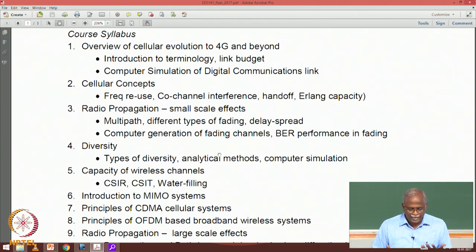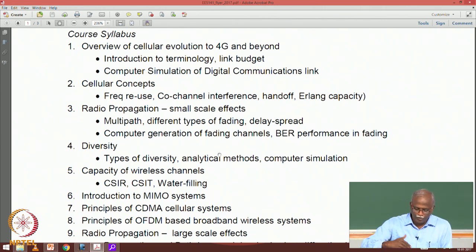We call that propagation, and understanding the effects of propagation in the context of what we call small scale effects, we will talk about in today's presentation. What are some of the distinctive features? What makes it different from an AWGN channel, which you probably would have studied? So here are some aspects that we will cover in a fair amount of detail, and the computer simulations will